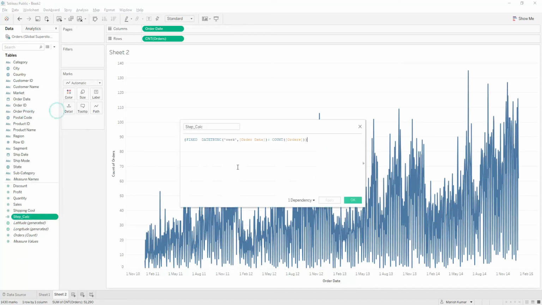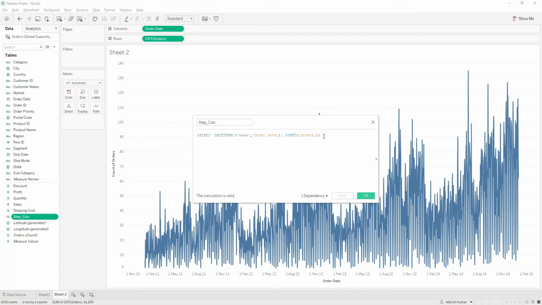I've already created a calculation for this, and I'm just going to show you how it is working, right? So at the aggregation level, what we are trying to do is we're just counting the orders, right? So these are the count of orders, and we are aggregating it at the week level, right? So we are truncating the date, which is my order date, at the week level.